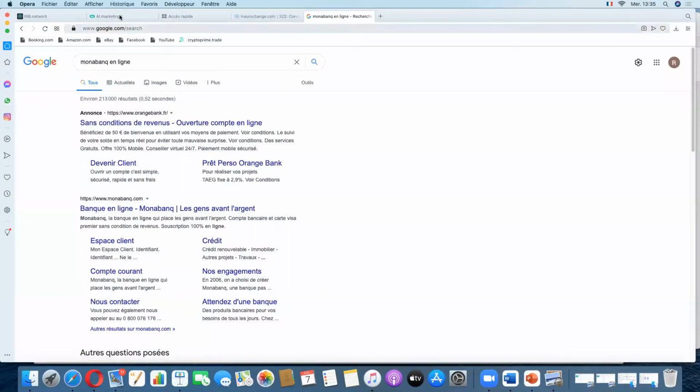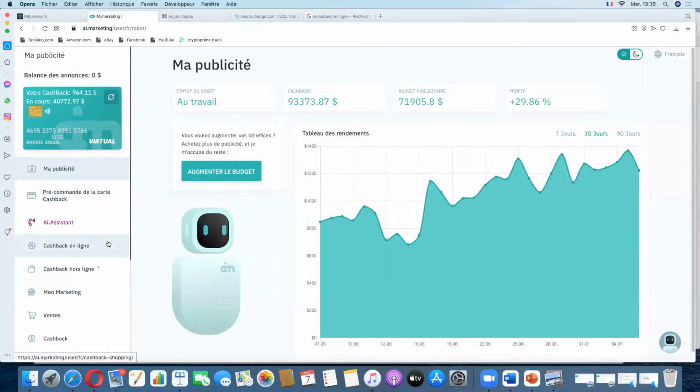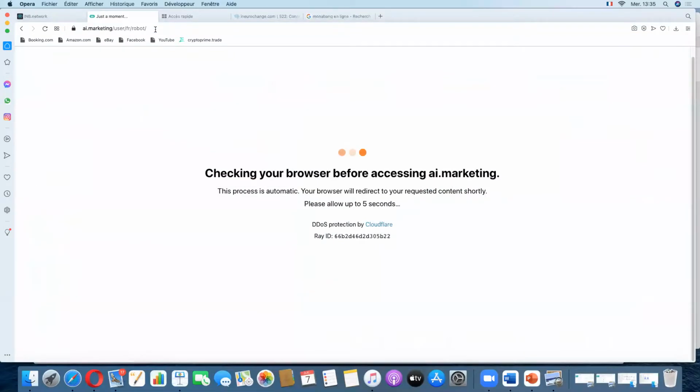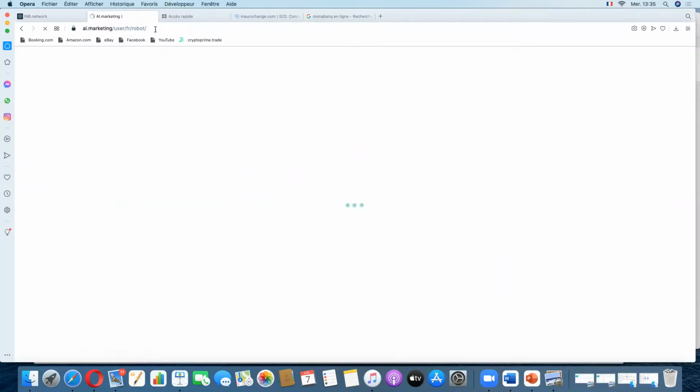I just hope that the site is working perfectly well, because sometimes, as there are more and more people coming in, the server is too weak, so they keep adding more and more, and they usually have maintenance, okay? Let me just put that up so that I can